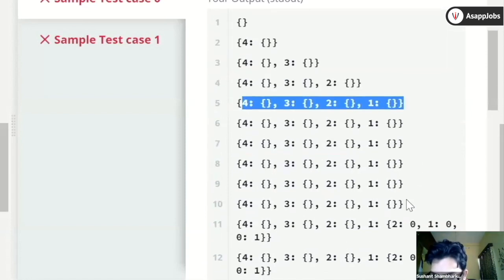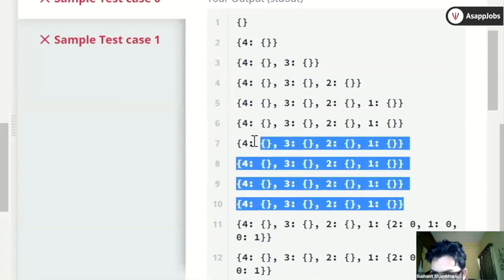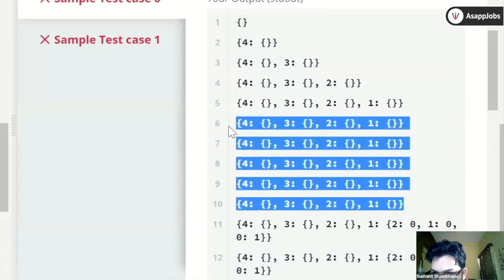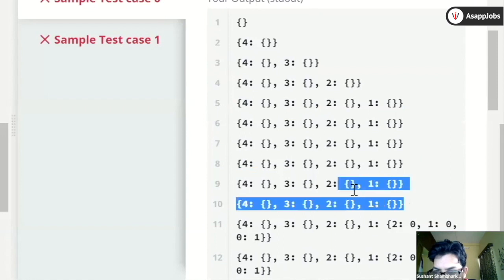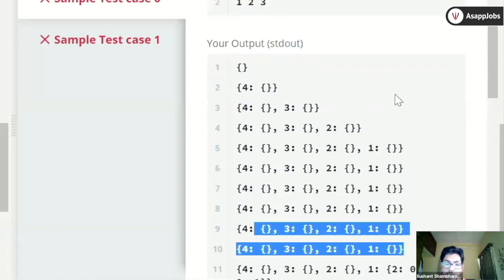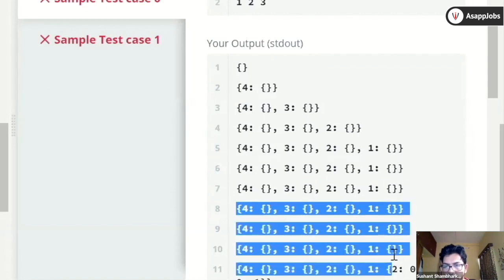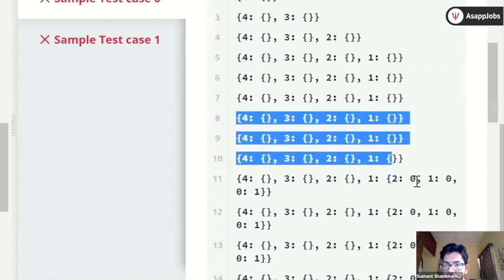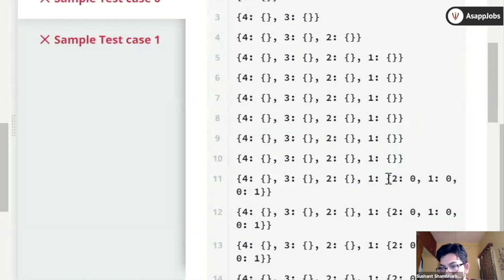And I don't know why these are coming as similar calls, but these are the same calls happening from different branches of the tree, because there will be overlapping subproblems. That's why you are getting this repeated. And once it goes further into the tree, you will see that the dictionary inside a dictionary is getting filled.